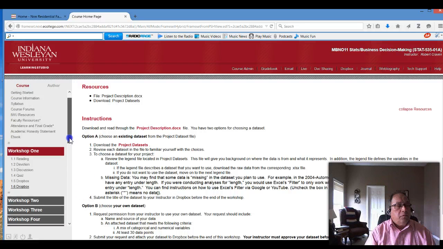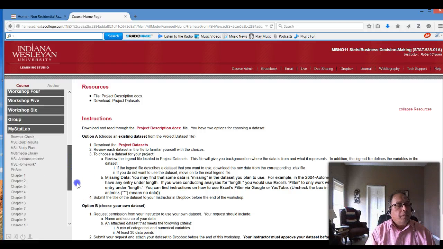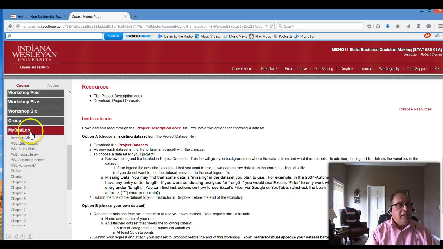Now let's move down to the MyStat Lab, which is underneath the workshop 6 link. There's a browser check. You will want to run the browser check. This is just to make sure that your computer is set up to interact with the Learning Studio environment.